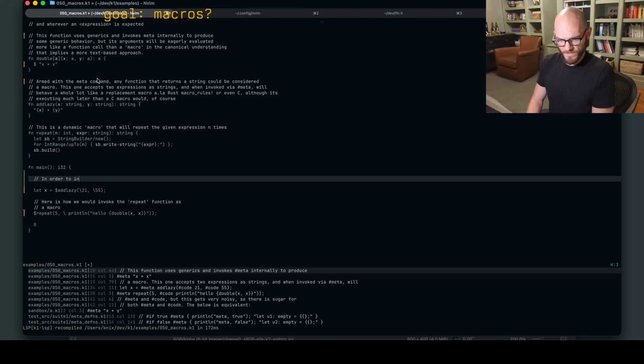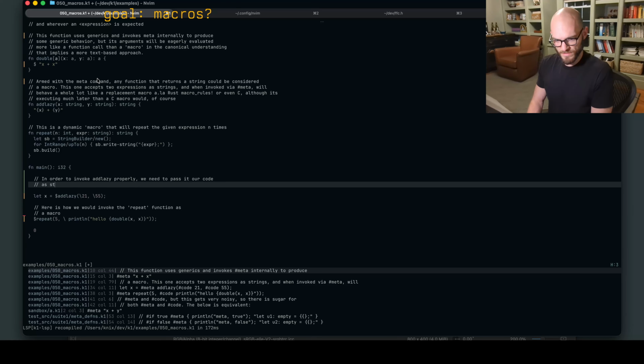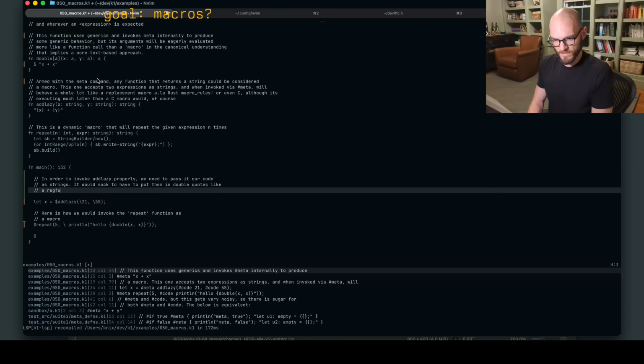In order to invoke add lazy properly, we need to pass it our code as strings. It would suck to have to put them in double quotes like a regular string and also send the wrong signal.